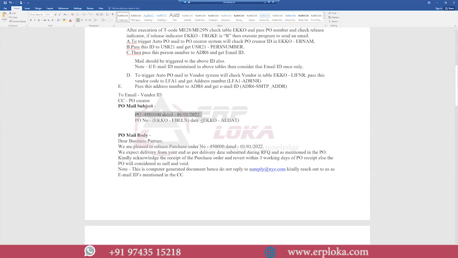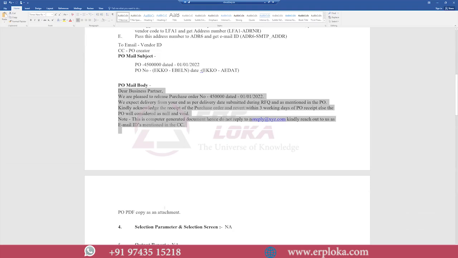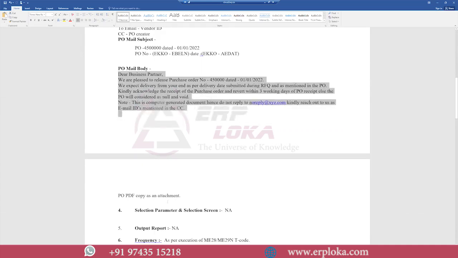So here I'm saying that this is the mail body. Dear business partner, we are pleased to inform that we have released a purchase order for you, so you can send the goods to us. Okay. And you're going to attach the PDF copy which is generated from the purchase order. In this way, you can achieve the client's requirement to send the PO copy automatically to the vendor and